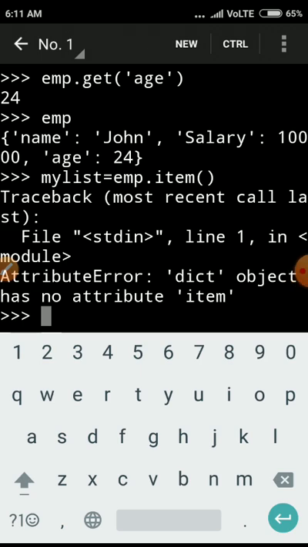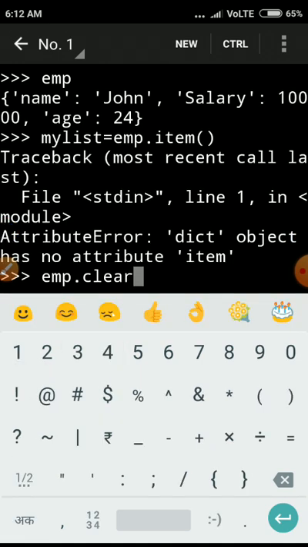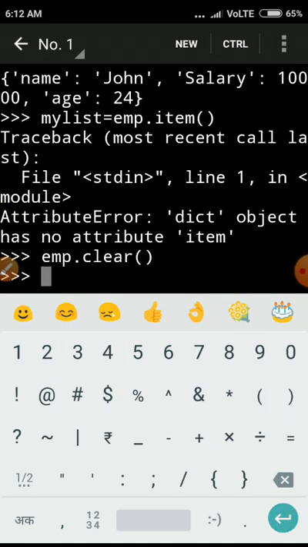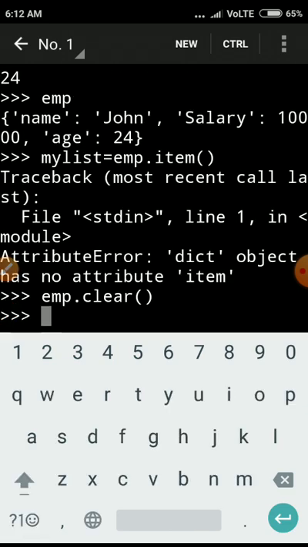And one more is the clear function. The clear function is used to clear all elements from the dictionary, and it returns an empty dictionary. For that we use emp, the dictionary name, dot clear function. Then enter.